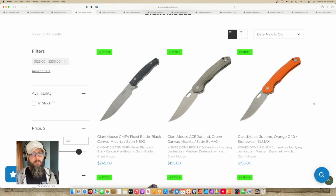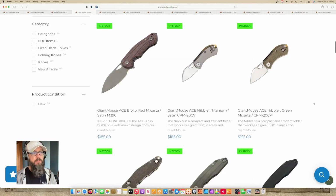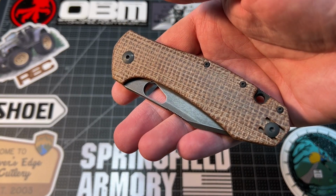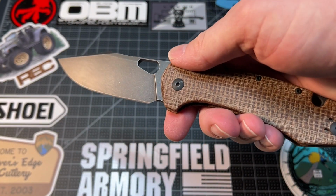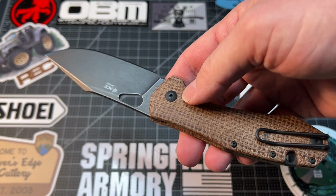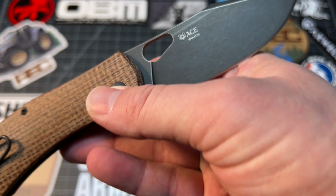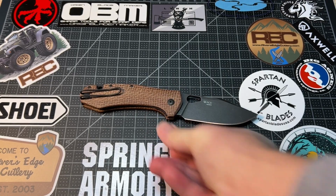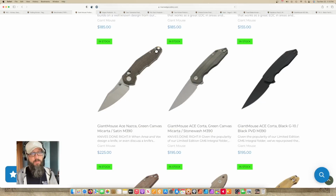Let's talk about Giant Mouse. And honestly, with Giant Mouse, these knives are designed by rock stars in the knife industry. Most of them are made in Italy, and they are fantastic knives. And honestly, I feel like they go up in quality a little bit and design aspects from many of the flagship Benchmades and Spydercos. I like Giant Mouse quite a bit, but I also feel like they're priced reasonably for